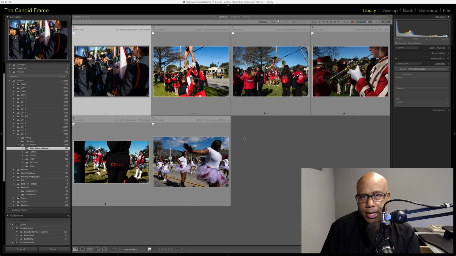And I recently shot a Black History parade that begins not too far from where I live. I try to do it each year. It's so conveniently close that unless I have a conflict of some sort, I try to photograph it. It begins in a park, so all the people that are in the parade gather at the park before they